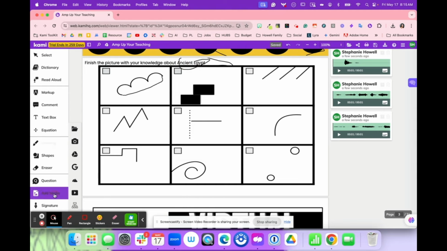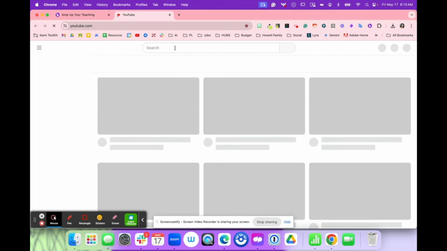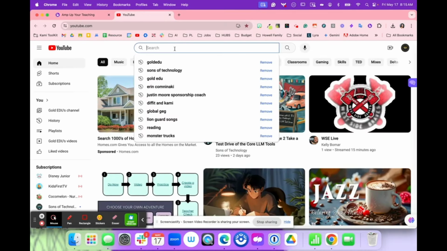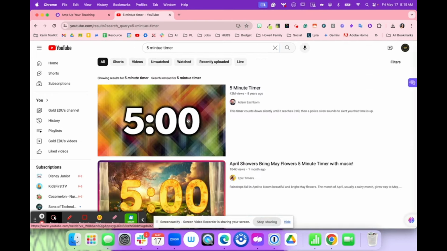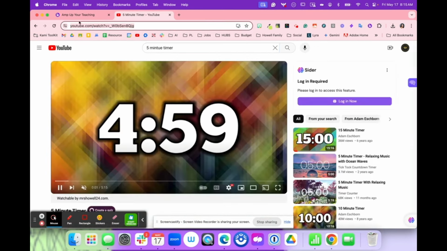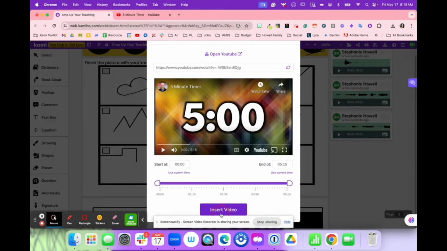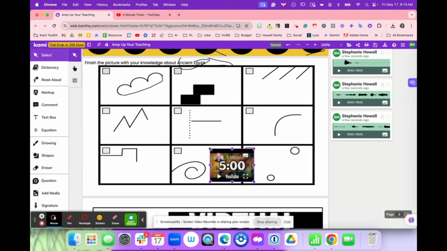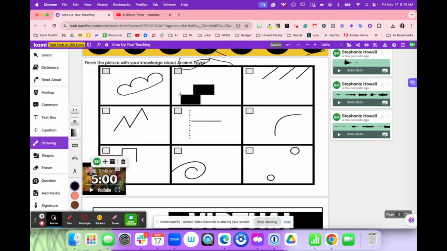You can do that by going to Add Media, YouTube, and then I can open up YouTube and I'm able to find maybe like a 5-minute timer. Once I have that timer, I copy the URL video, and then I can just place it right into Kami. It's going to play that timer, and then students have 5 minutes to quickly go through and create as many ancient Egypt examples as they